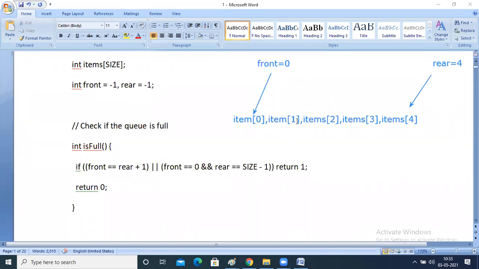Okay, then for example I have written something like 54, and the queue starting from 54 to 3.